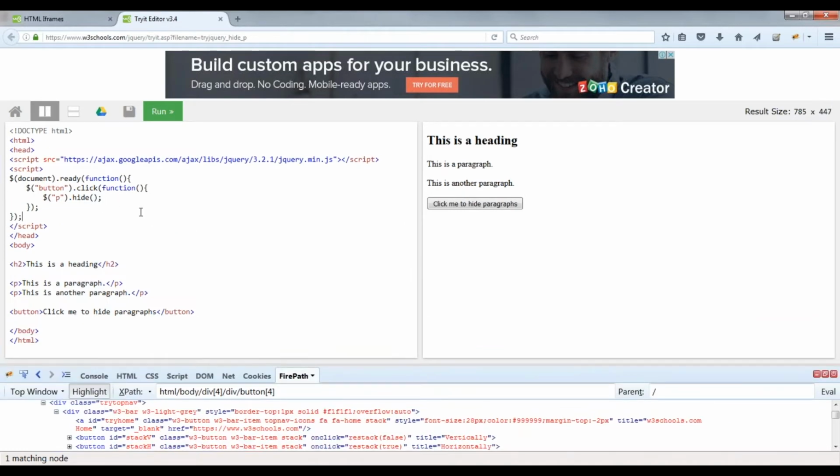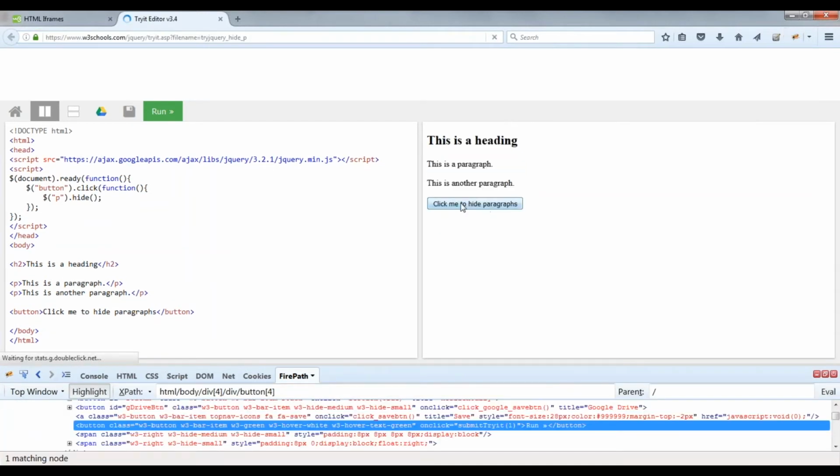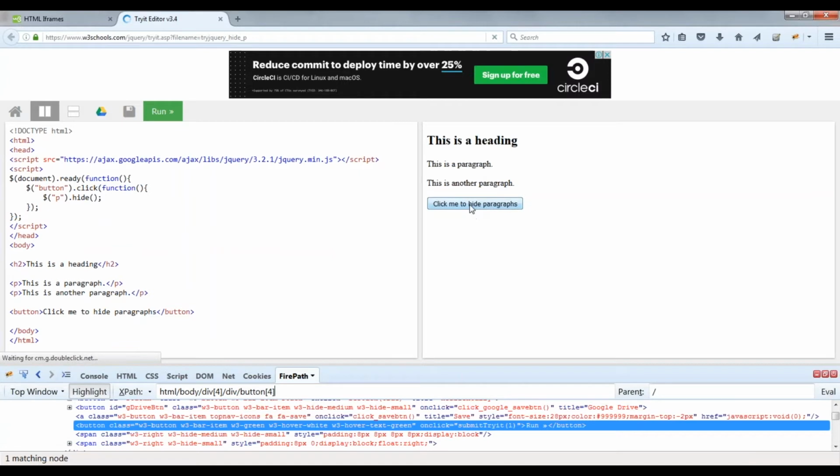So how exactly are they going to write this? There is one HTML, and then they are going to embed this thing inside. So there is a script. Whenever I click on this button, all the text is hiding here. You can see here. So now I want to perform this operation.